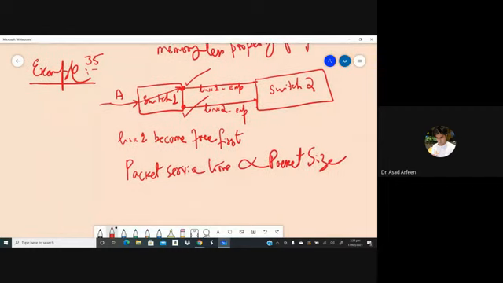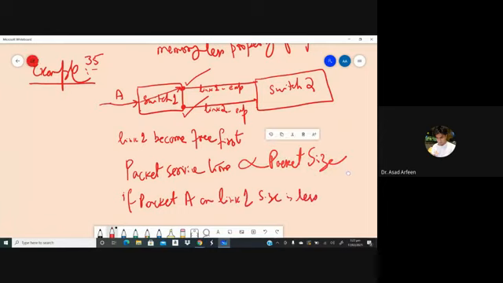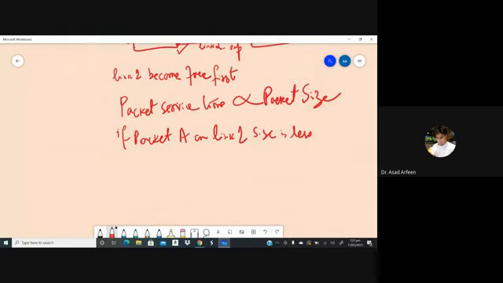So if the packet A size on link 1 is less than the other, already in service packet